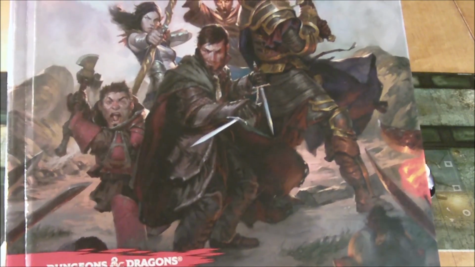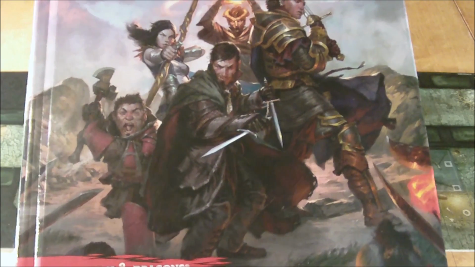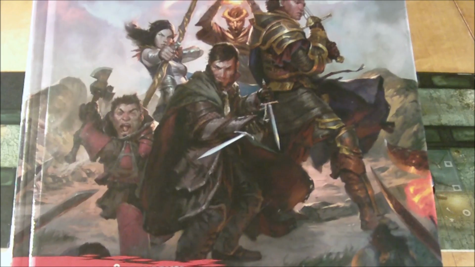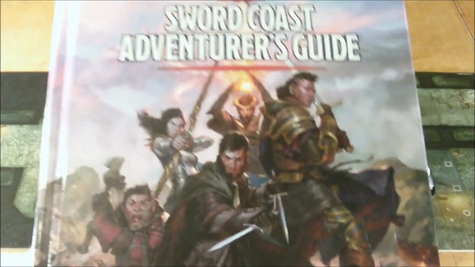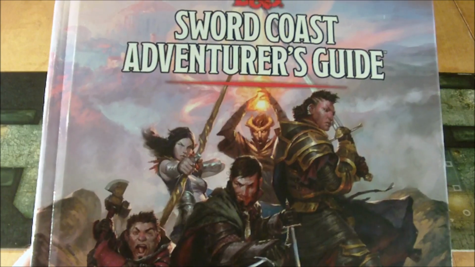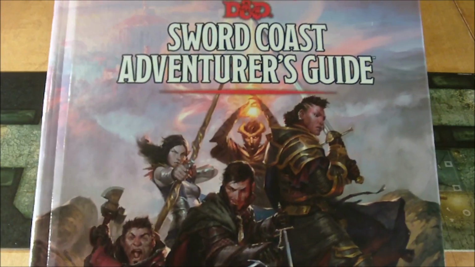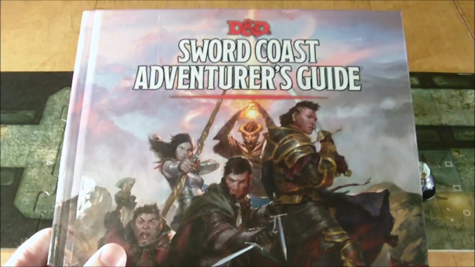Everything except for the core books and the DM screen that's been released to date have been adventures or campaigns. So although some of them did have a few background features, Prince of the Apocalypse had the elemental evil player's companion, which had some races and a few spells, but that was mainly just a free PDF that you downloaded. So this is the first actual dedicated supplement,